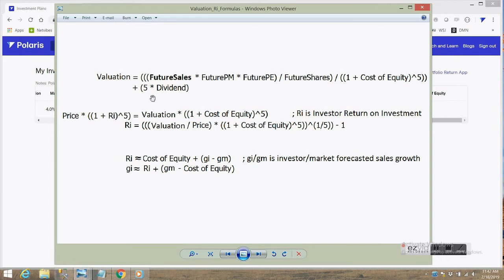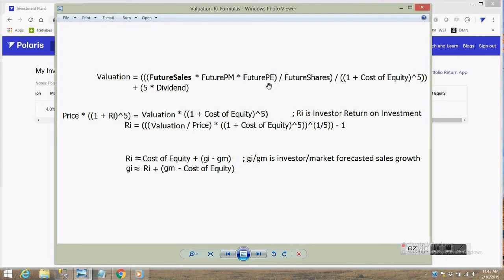But let's say you came to the conclusion of what a correct PE for valuation should be right now. Well, what you could do then is just take the current profit margin times the current sales, and you could end up with a current valuation, and then divide by the number of shares. There'd be no reason to discount back in time, because you're sitting here at time 0, and then there would be no dividends received. So you'd end up with a fairly straightforward calculation, but the problem obviously is that you don't know the correct